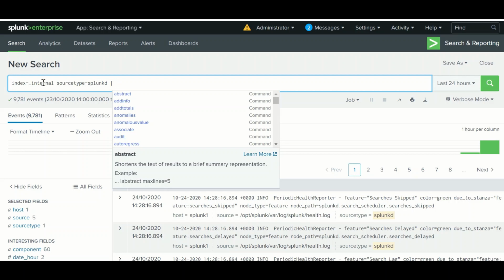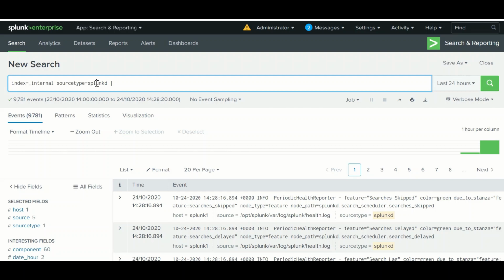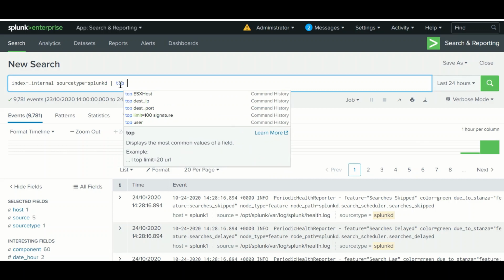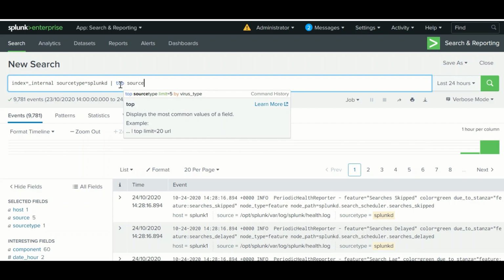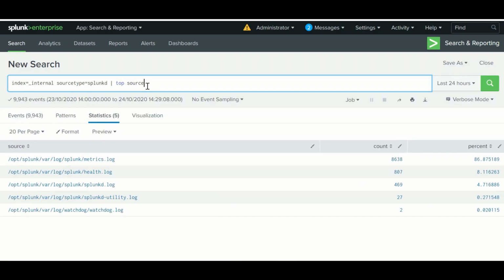We have chosen this index, and get the data for this particular source type, and now create an intermediate table for that. This top command will create an intermediate table. First we get the intermediate events, filter the events from the data, and pull them out on the search head. Then from there we have created an intermediate table which gives us the top 10 sources.